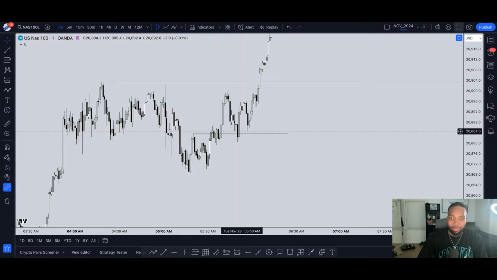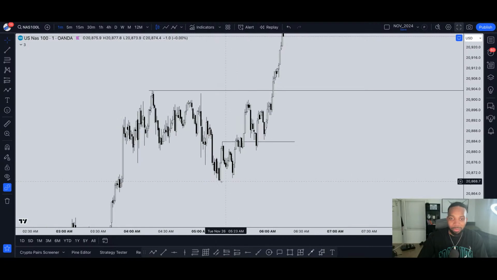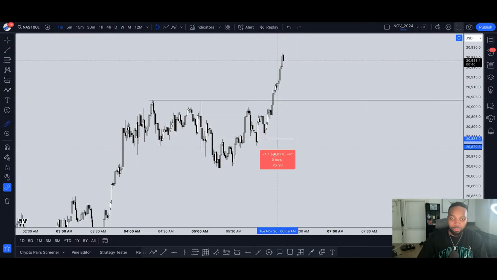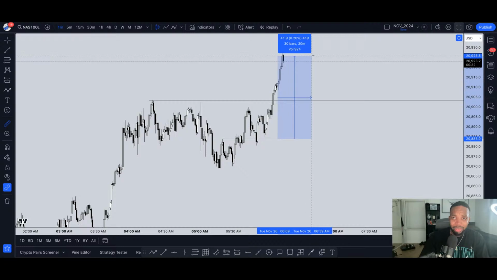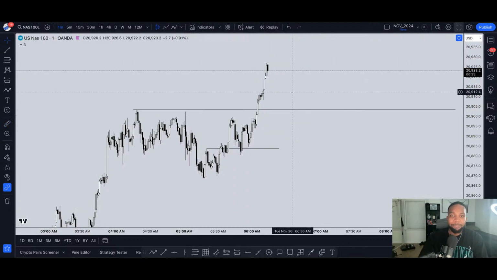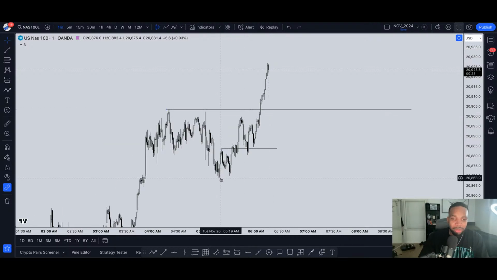Right before we hopped on this call, stop loss would have been here. So very, very minimal risk. You would have risked around $15 to make 40. That's almost a 1 to 3 right there. Almost. But if price comes back down to here, that's a solid entry as well. Right? Same stop loss would be right in here.